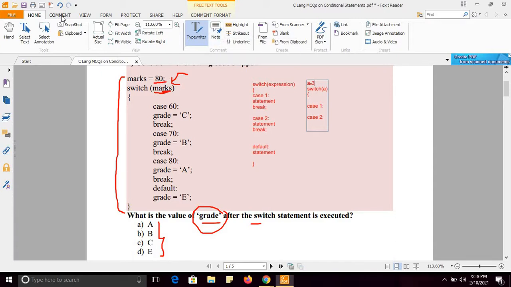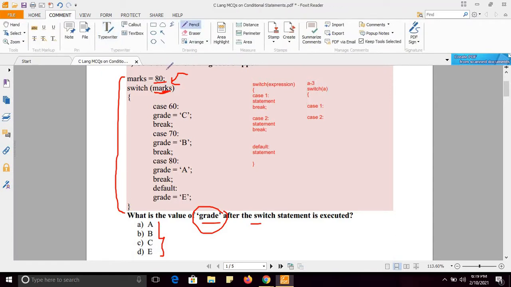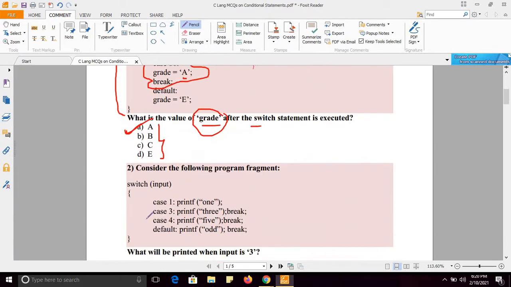So marks will be passed, means 80, case number 80 will be executed. This part will be executed and it will set the grade to A. So what will be the value of grade after this switch statement is executed? Right answer is option A. Grade is A.